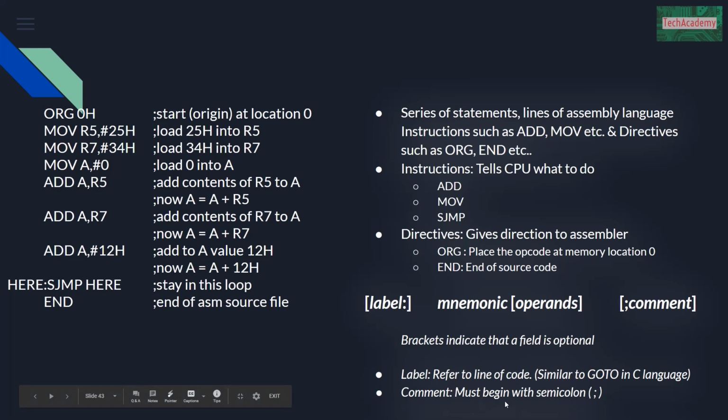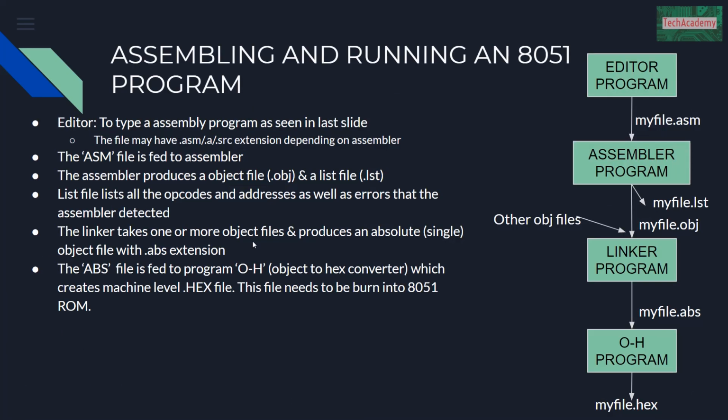And we have seen how we can place comments in the code, right? So this is how we can write an assembly level code using different instructions and different directives. Also we can place some comments and add some labels. So this is the flow. The same way you might have gone through the code flow for C language, similarly this is the flow for assembly language to execute the program.